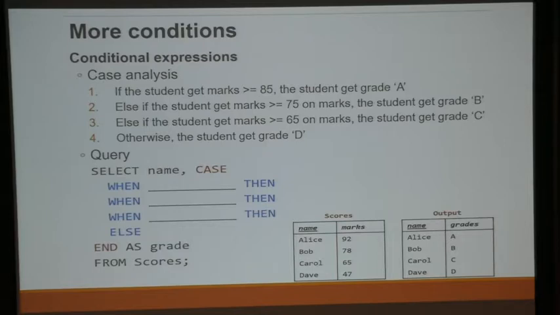So what you need to do here is this one is greater than 85. For the second one, you do not have to check that it must be less than 85. You can simply check that it's greater than or equals to 75. So that's what I meant when I say that the second one and any subsequent when is treated as an else if. It is only going to be checked if it doesn't match the first one.